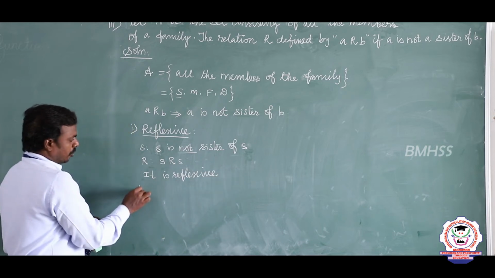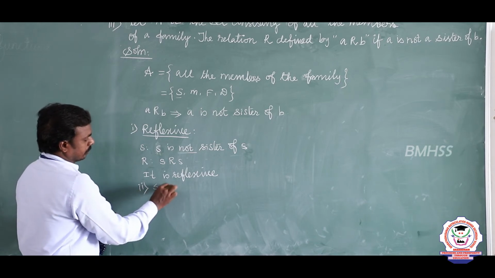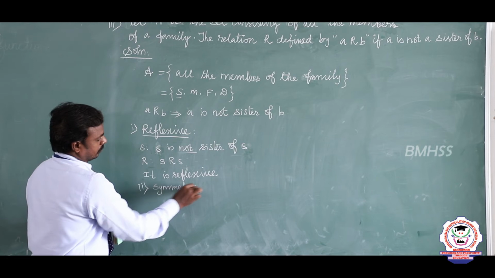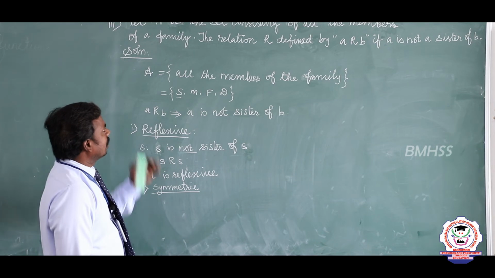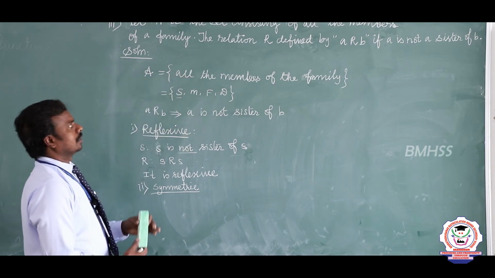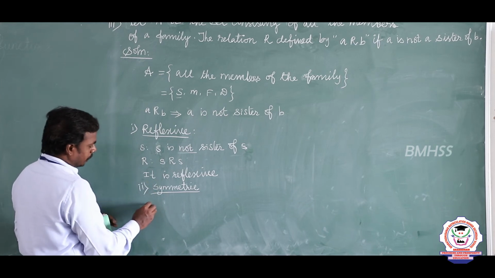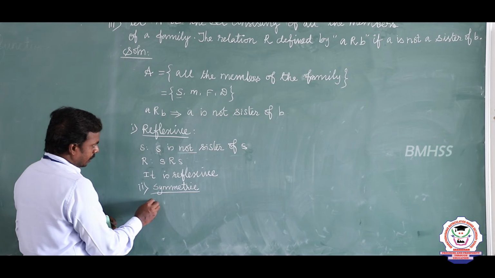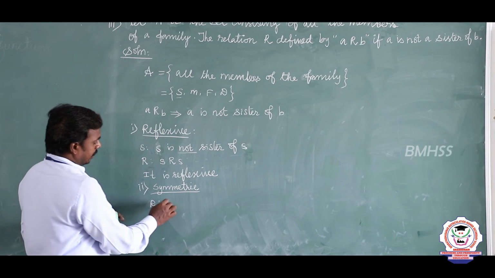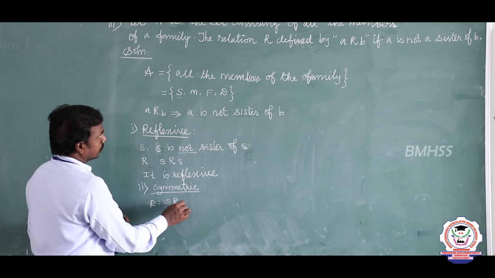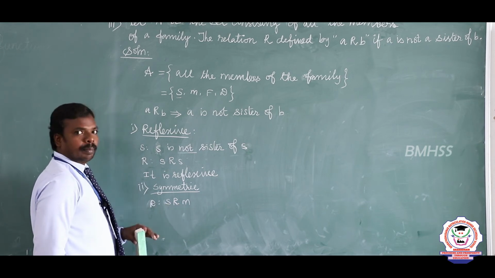From this, next I am going to check symmetric. To check symmetric relation, we need two elements. From the set of all the family members, I need two members. Listen, I am going to consider first one as the statement. First, you have to write the relation. S is related to M. So two elements I have considered here, that is son and mother.